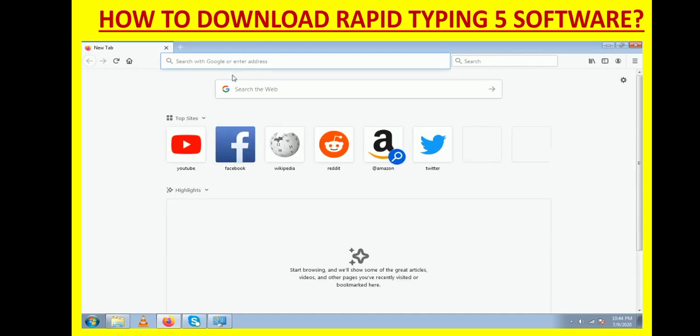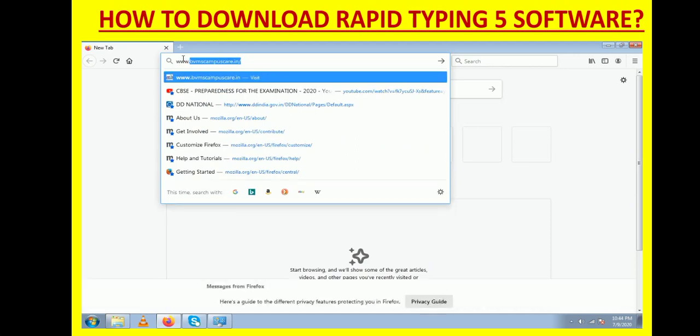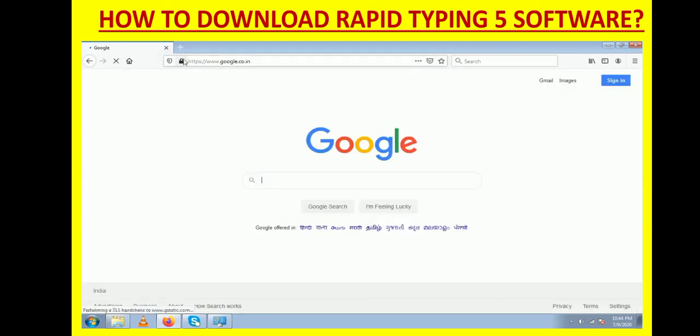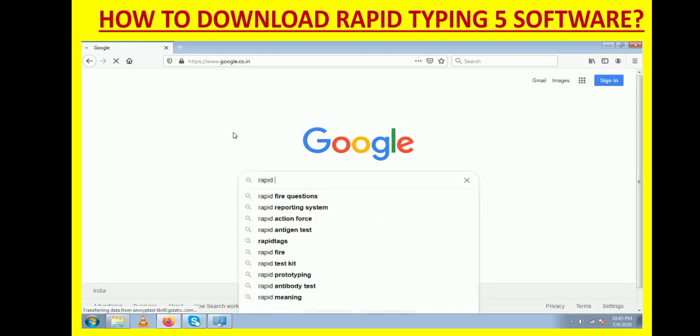In this browser program, you type www.google.co.in and in the Google search bar you type Rapid Typing 5 download and press enter.